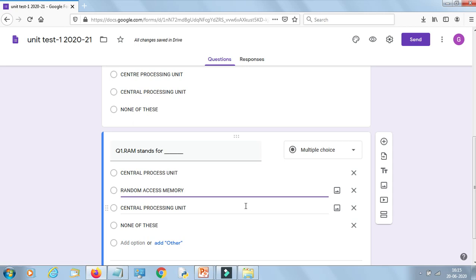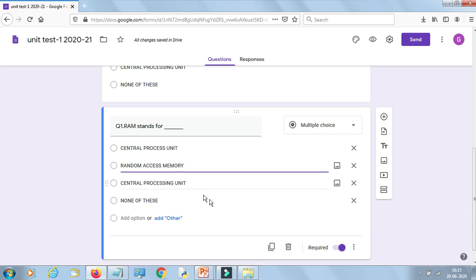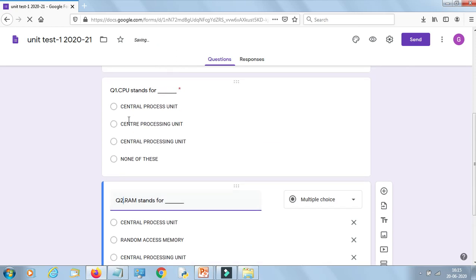So it's better that you create your questionnaire first in your MS Word document offline, and then you can open that, and then you can copy the content from that document here one by one. It will save your time. Clear? Because it requires an online connection, creation of your Google form. So we are having two questions, the first one and the second one, in this way.